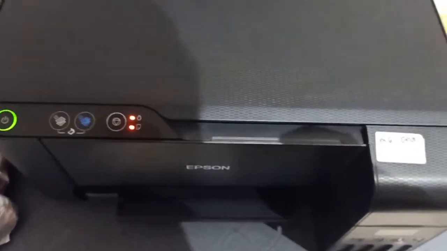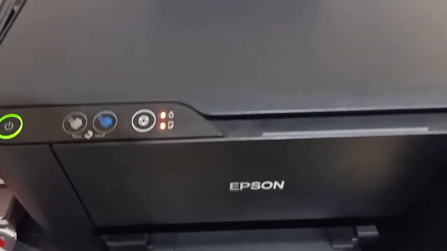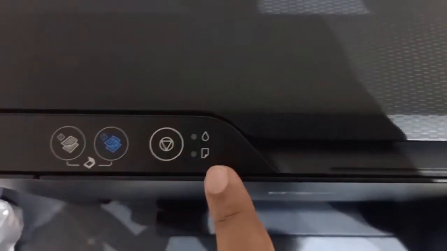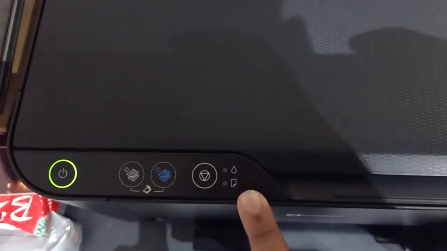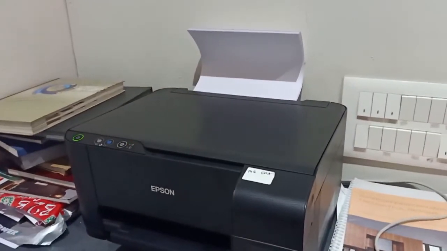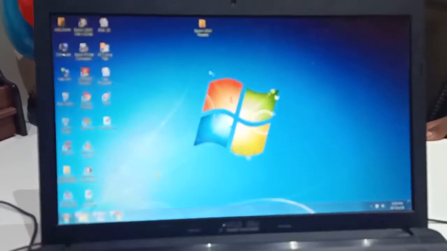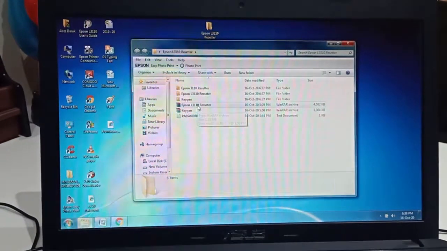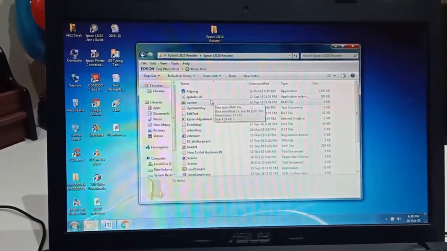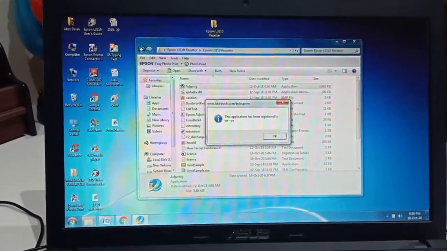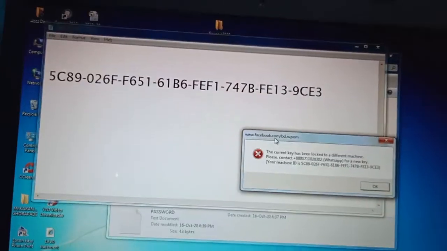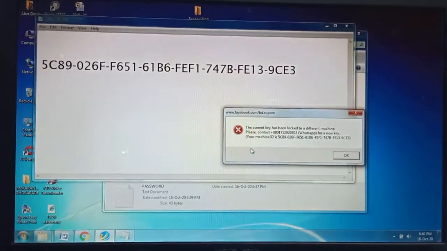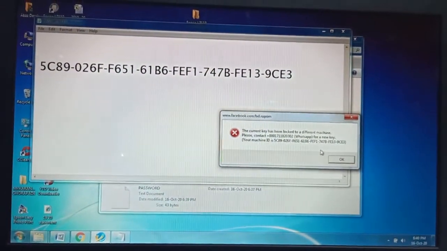Hi guys, this is the Epson L3110 waste pad counter problem. Today I show you how to resolve it. You can copy the machine ID to Notepad,